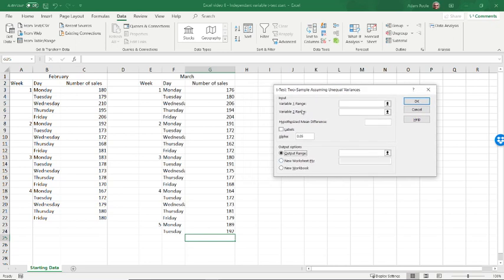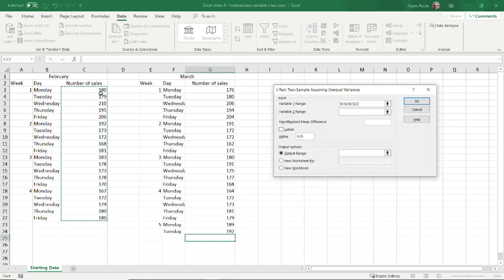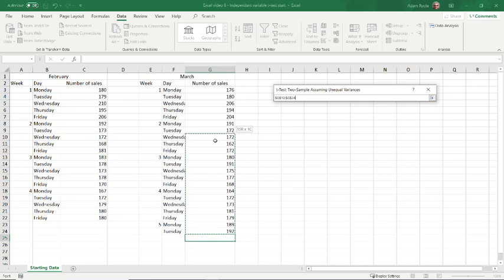click on OK, and you get the dialog box coming up, and it's basically a case of entering the ranges for the 2 sets of data and the output range. So if I put my cursor in there, I then come over to the first set of data in column C, left click, hold down, scroll up like so. That puts the data range for February's data. Click on the box below for the variable 2 range, and then do exactly the same for the March data,